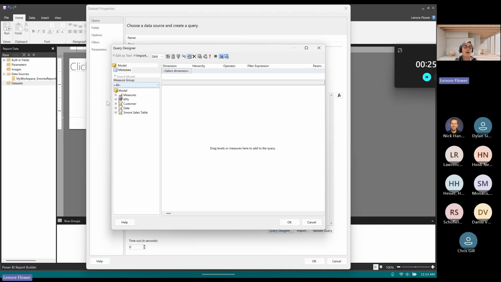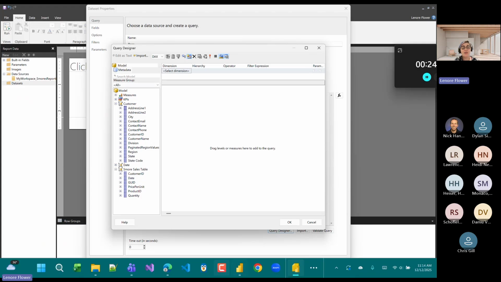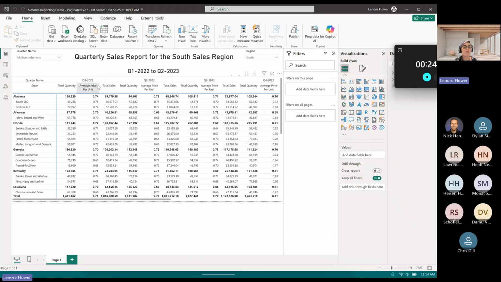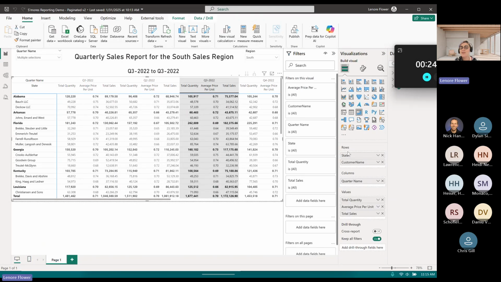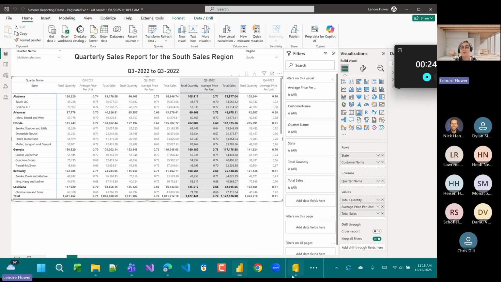So here we are. I'm going to pull in the information that I need, starting with the customer information. I'm going to cheat a little bit and remind myself what we're using here. So yeah, state, customer name, quarter name, total quantity, average price per unit, and sales is what we're going for.